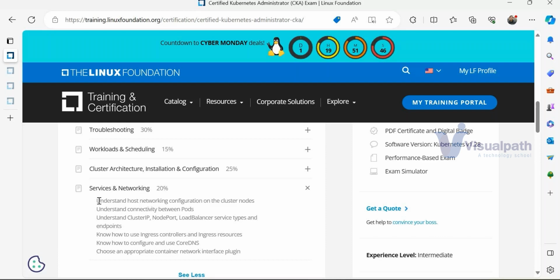My applications are running inside Kubernetes. How can I provide access so that the whole world can access my applications which are running inside Kubernetes? Through these services. And these services are microservices. Kubernetes has many types of services also. Each service plays its own role. Whenever I want to maintain internal access, I will use one particular type of service. When I want to expose the application to the outside world, I will use another type of service. When I want to manage the traffic, I will use some other services.